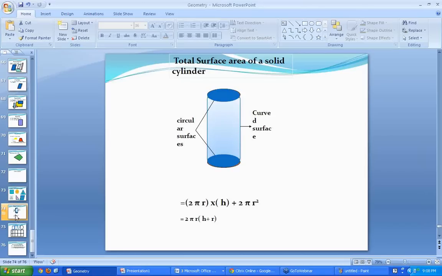Sumit says, please repeat. Sumit, see, you have to calculate the surface area of the cylinder. Okay, the cylinder has two dimensions. One is its height, second one is the radius. So if you have to calculate, you will have to calculate the area of the top surface and the bottom surface. The area of the top surface would be pi r square because it's a circle. The bottom surface would again be pi r square,